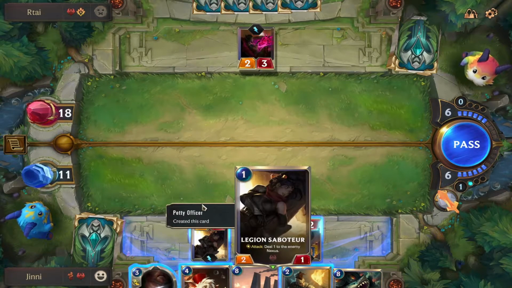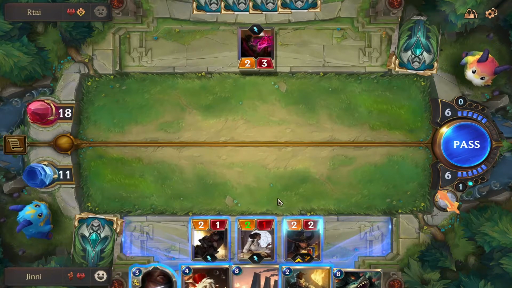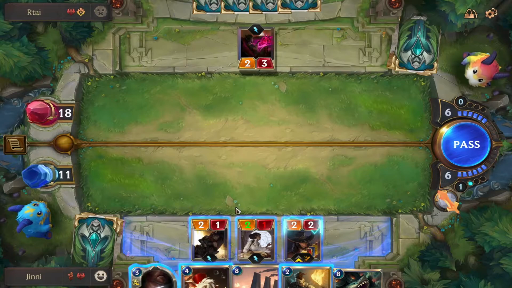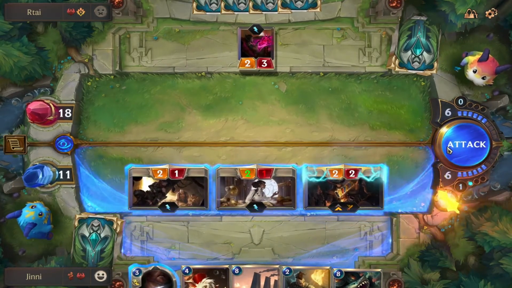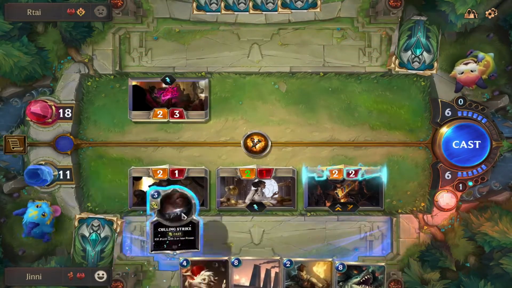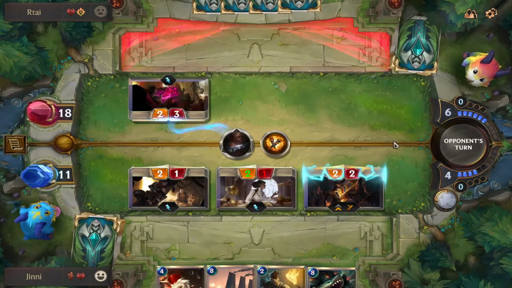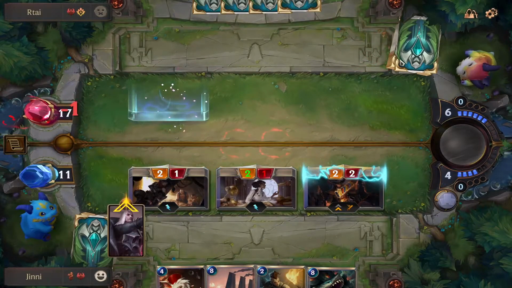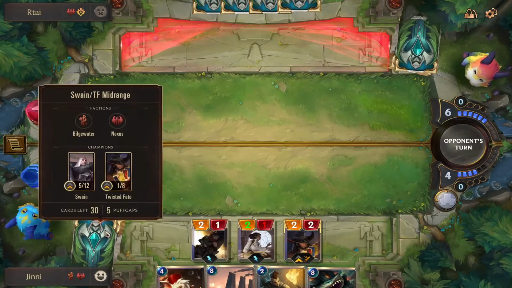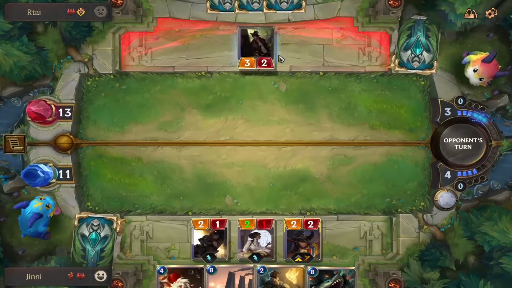Now, what I can do is open attack and bring her into Twisted Fate and use Culling Strike. That way I guarantee that I hit him and he's not going to be able to use Transfusion or anything like that. So I'm alright. Now, he doesn't have another Noxian Fervor in hand, which is very, very good for me. I believe I'm gonna Yordle Grifter this turn, because, you know, having a 3 attack...